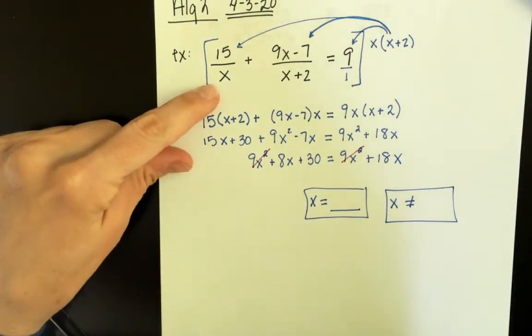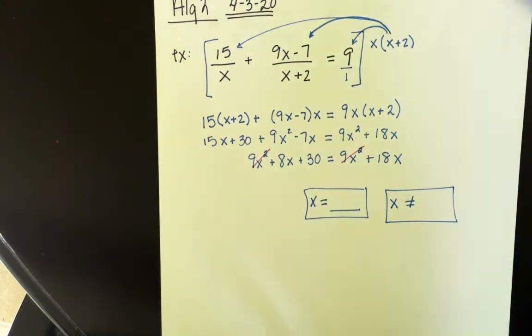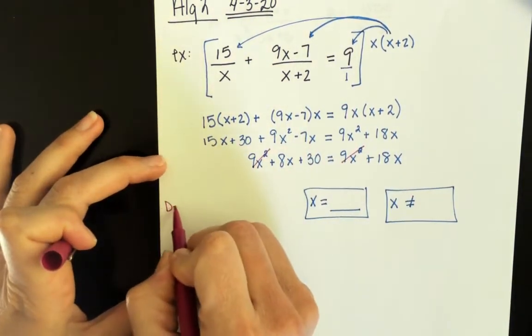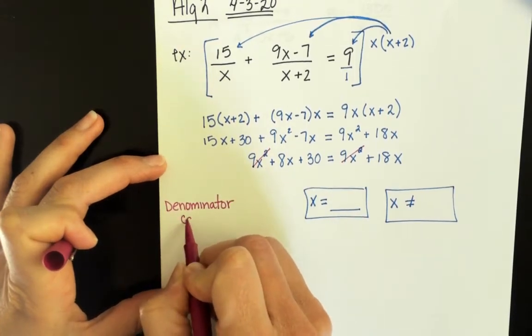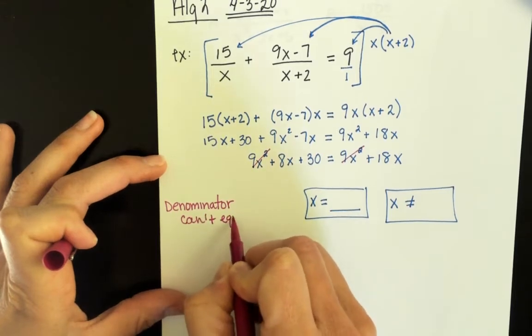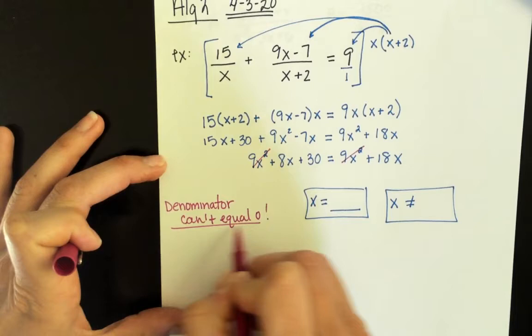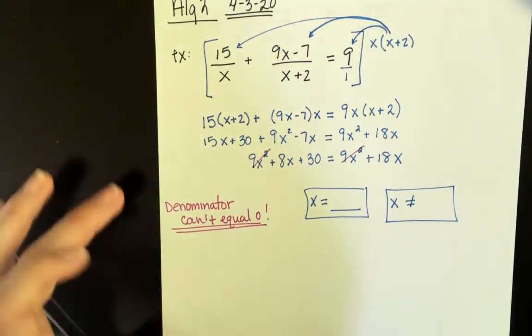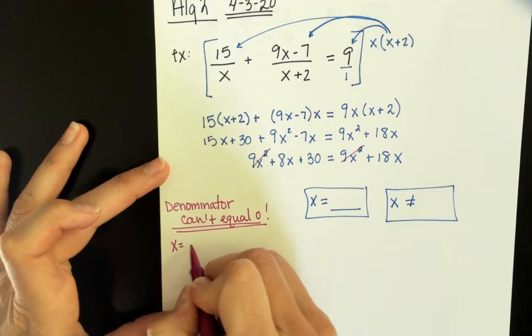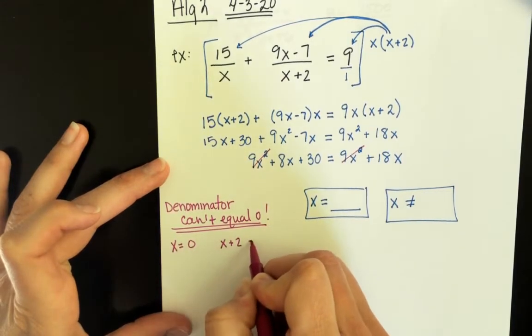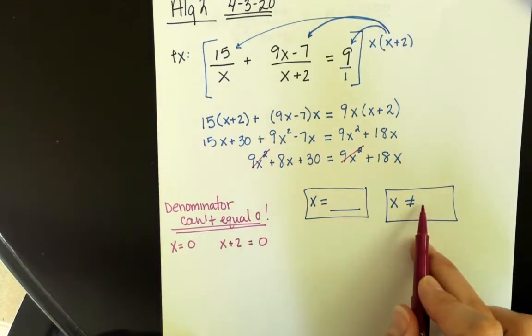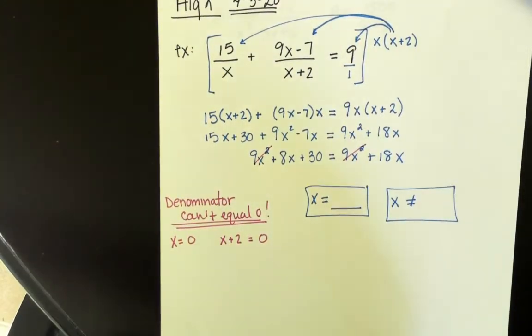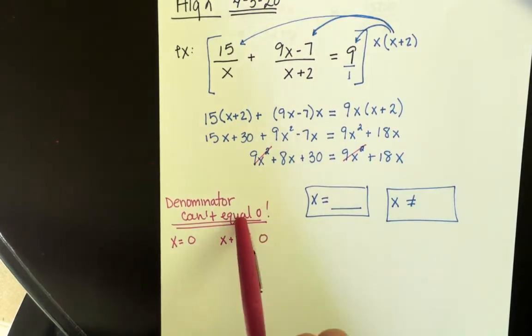And if you're unsure what x can't equal, make sure that you remember that the denominator can't equal 0. So if you want to know when it's going to equal 0, take your denominators and set them equal to 0 to solve. Whatever you find x to be, that's what you know it can't be, because it'll make the denominator 0. So make sure that you include not only the answer, but the restrictions on the domain,